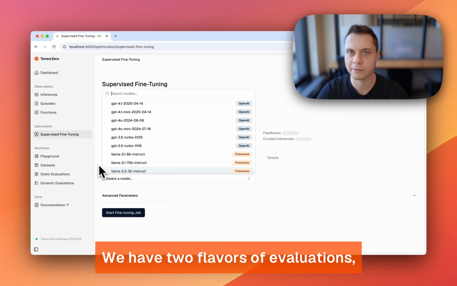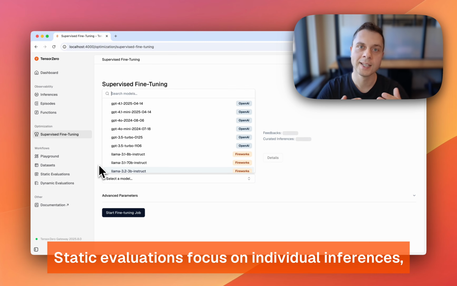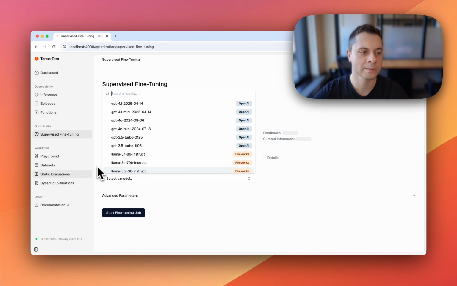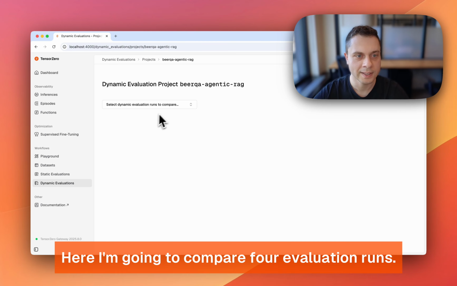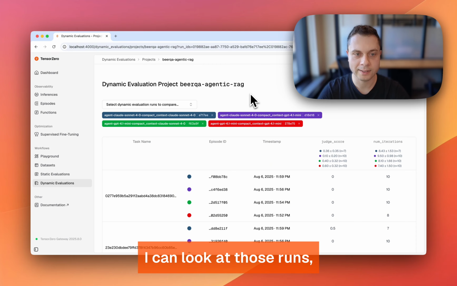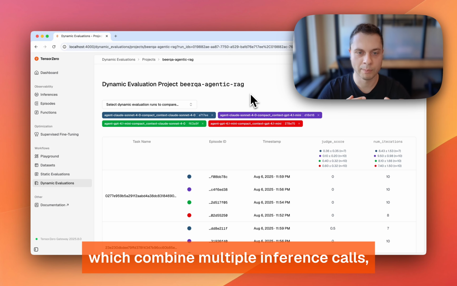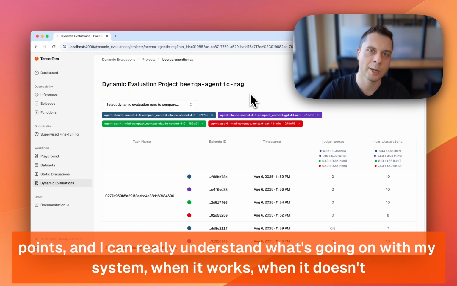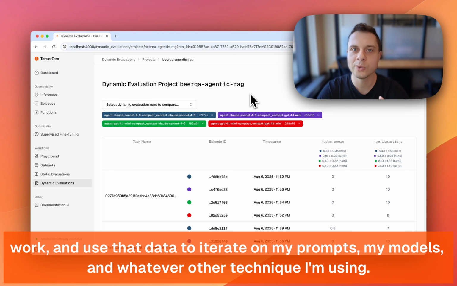We have 2 flavors of evaluations, static and dynamic. Static evaluations focus on individual inferences, and dynamic evaluations focus on end-to-end workflows. So let's take a look at that. Here I'm going to compare 4 evaluation runs. I can look at those runs which combine multiple inference calls, code, API calls, retrieval, you name it, and see aggregate metrics. I can look at individual data points, and I can really understand what's going on with my system, when it works, when it doesn't work,